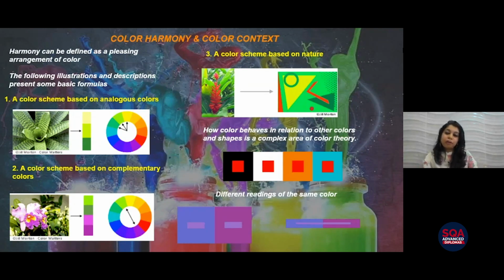Similarly, it is important why we should use shades, tones, and tints. It's only because they all give us a visual effect. They all give visual interest and also create a balance in the design. So it's very important that when we design something, we understand how shades, tones, and tints work, and how neutrals also play a very important role in a particular design.